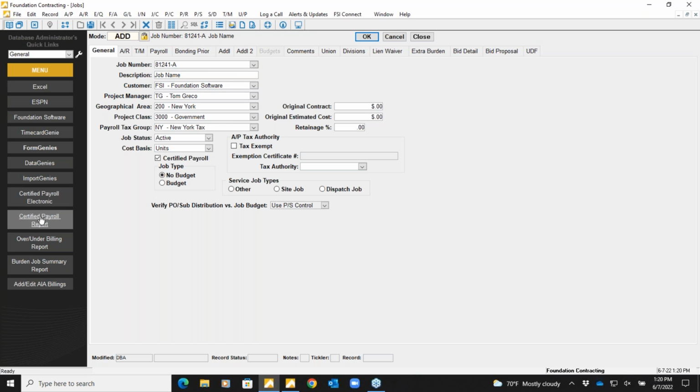So instead of doing those manually, once again, let's just let the system create those certified payroll reports for you once payroll goes out the door. Same thing with tracking retainage. If you're using something like QuickBooks, as we all know, tracking retainage is nearly impossible, or a lot of work, or a ton of workarounds. We want to save you time there too, where as we build this job, let's have that retainage calculate